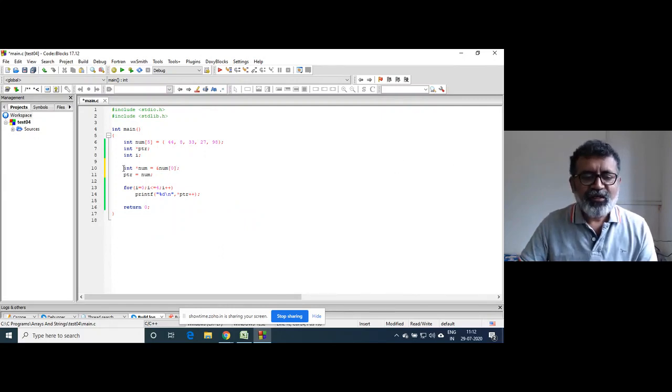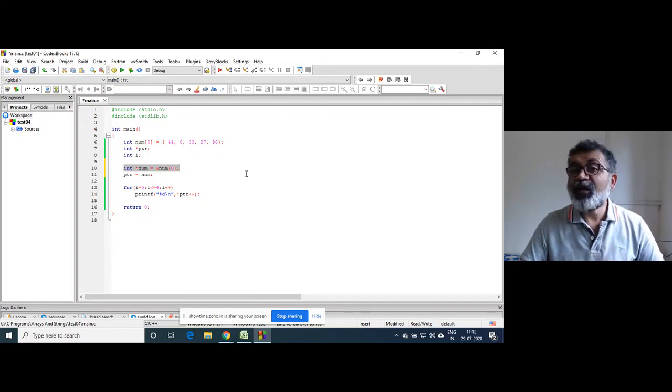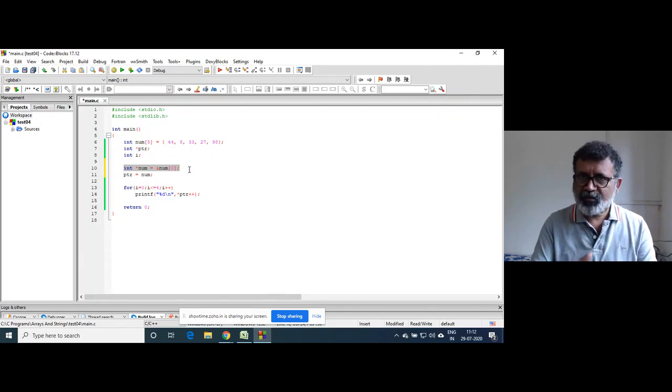We have not written this, right? This is done by the compiler internally. The type of this pointer is different. Okay, it is basically called a constant pointer, right? But this is not the time to go to that constant pointer concept as of now, right?